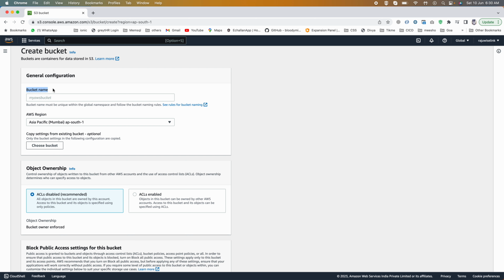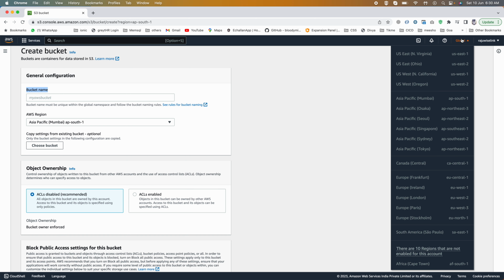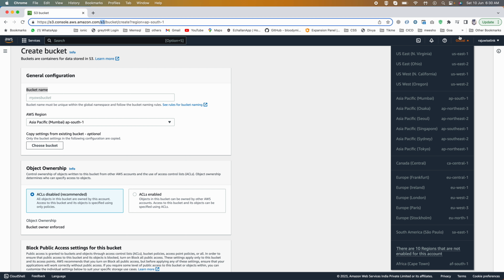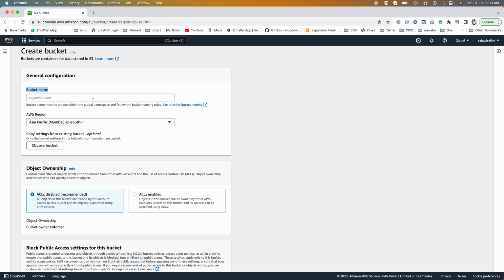So as we said, as we see in the previous slide, this bucket name is globally unique. And here you can see, if I select the S3 service, it is showing as a global service. That means S3 service is globally accessible. Now I'll give a bucket name, and this bucket name should be unique. For example, if I give any bucket name like test,